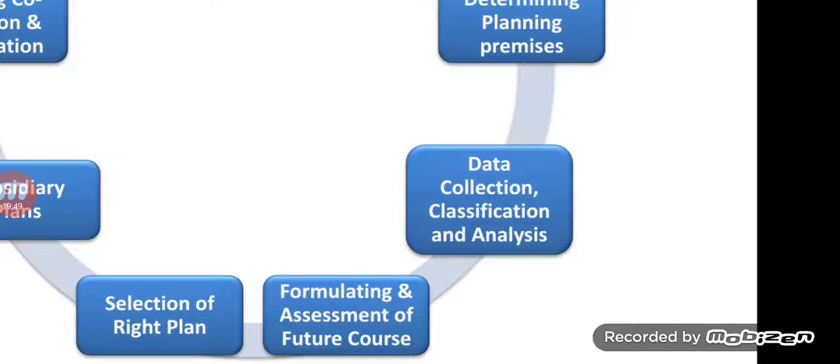For example, objectives of organization development. Alternative plans: expansion of business in the same field, diversification of business in a different field, partnership or merger with another firm, etc. The main task of manager is not just to develop alternatives but to select the best alternative